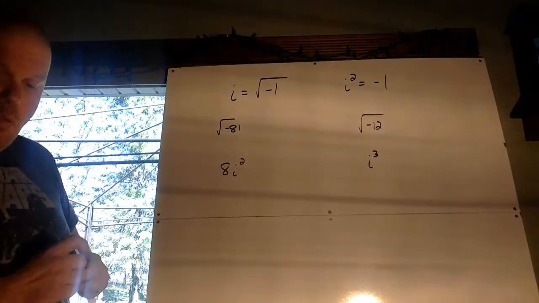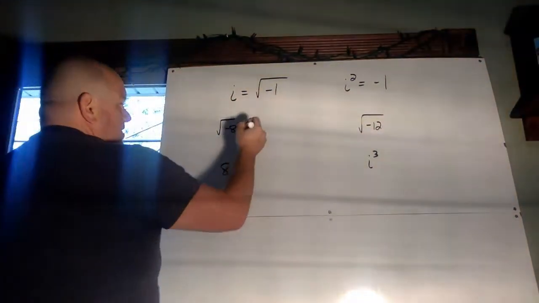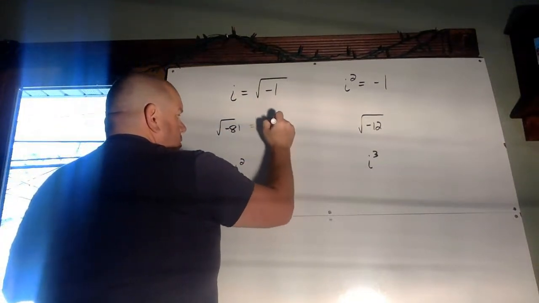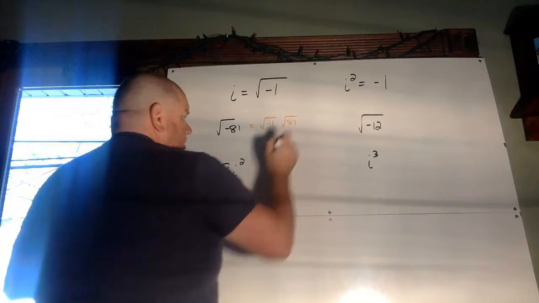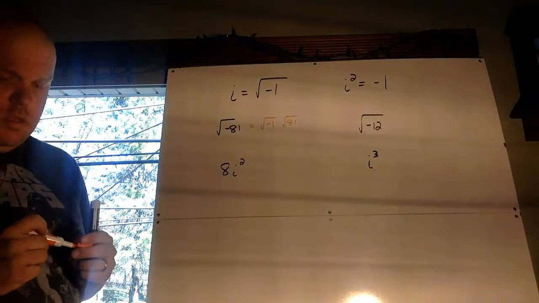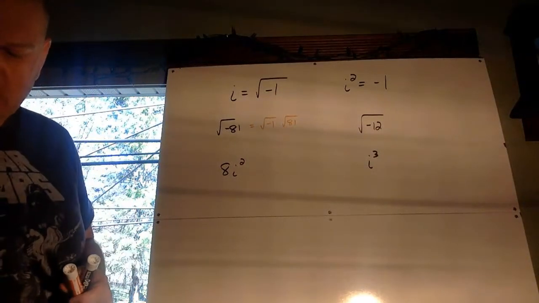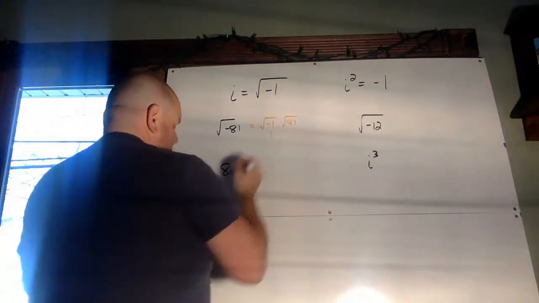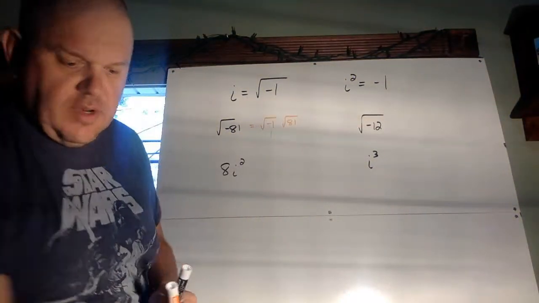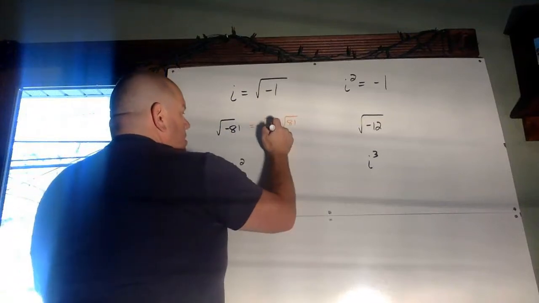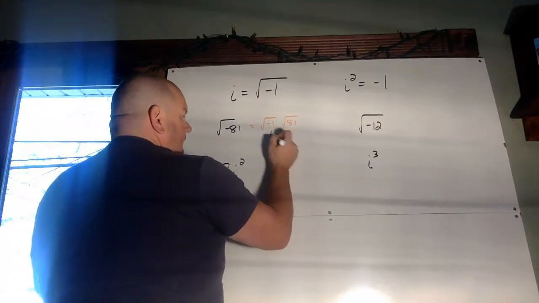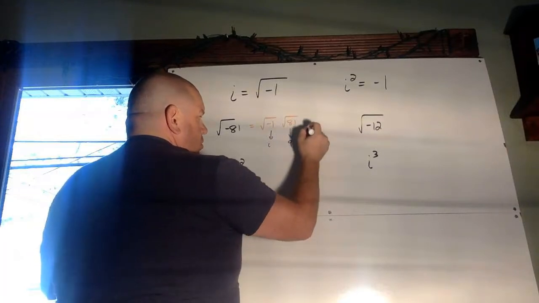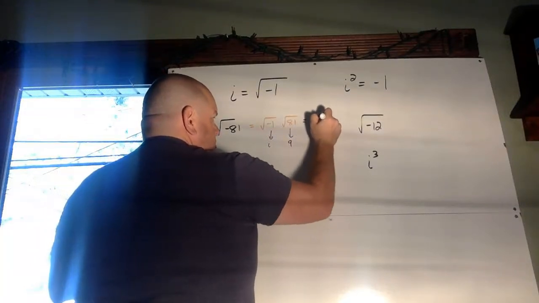So what I think about with these is, we've got the square root of a negative number. That's going to be the square root of -1 times the square root of 81. So the square root of -1 becomes, brown doesn't work the best. Purple does though. It becomes i, and the square root of 81 becomes 9. So this is equal to